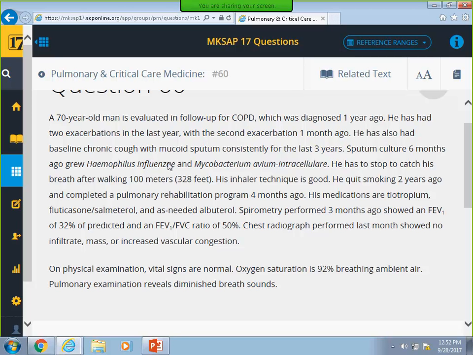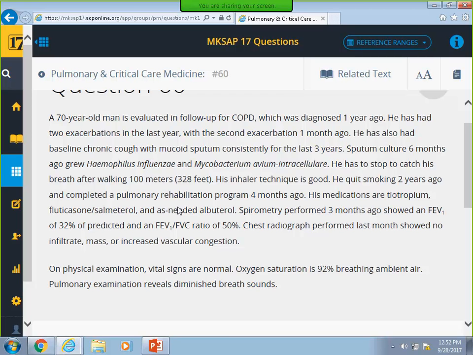A 70-year-old man is evaluated and followed up for COPD, which was diagnosed a year ago. He had 2 exacerbations in the last year, the second exacerbation 1 month ago. He's also had a baseline chronic cough and mucoid sputum for the last 3 years. Sputum culture 6 months ago grew Haemophilus influenzae and MAI. He has to stop and catch his breath after walking 100 meters. His inhaler technique is good. He quit smoking 2 years ago and completed a pulmonary rehab program 4 months ago. His medications are tiotropium, fluticasone, salmeterol, and as needed albuterol. Spirometry performed 3 months ago shows an FEV1 of 32% of predicted,